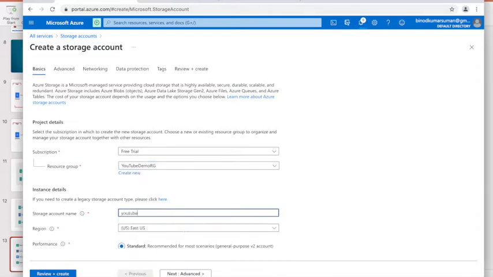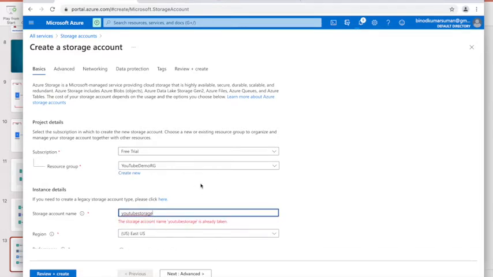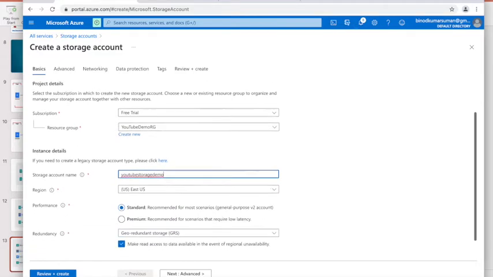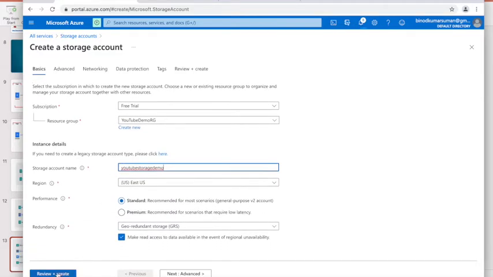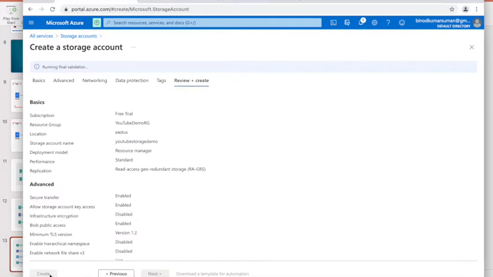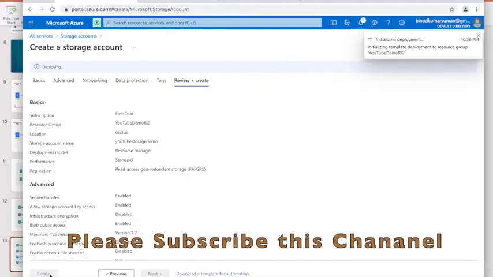So I will give one name, YouTube storage demo, and then hit the preview button, then create. So our storage account name is YouTube storage demo.